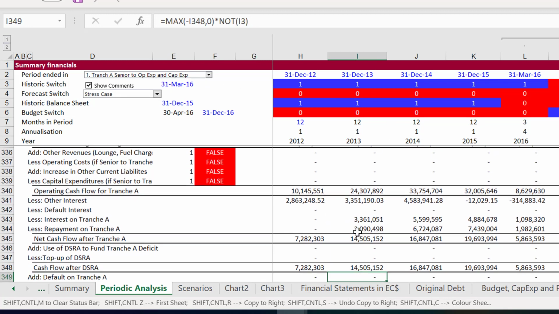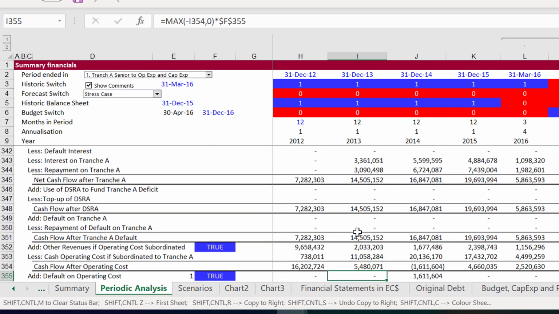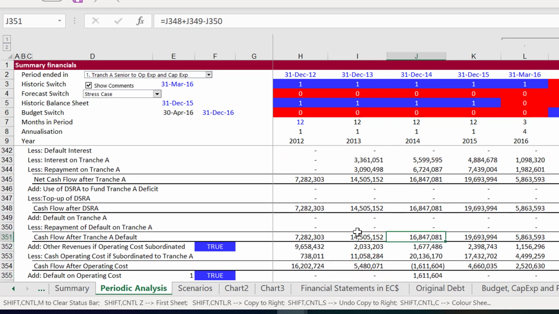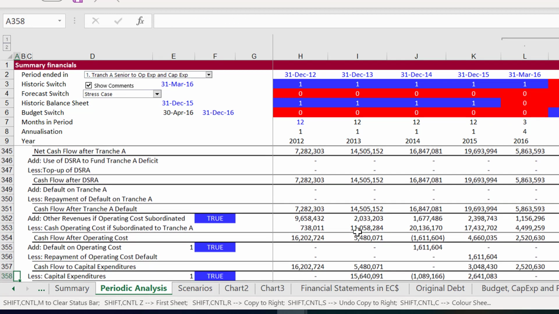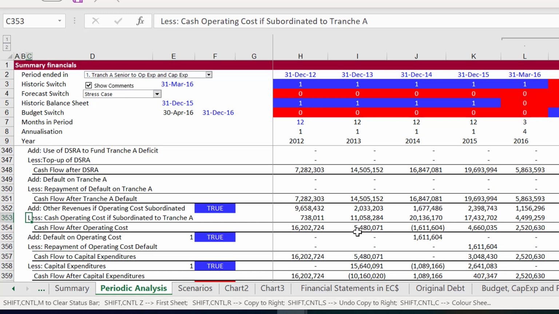So then you can see here's how much cash we have left, and this is how much cash flow we have left to pay our operating costs. If this cash flow is negative, we do the same sort of thing. We have a default. We don't have enough cash to pay our employees. And then you can repay the default. If this is a positive number, you repay it when it's a minimum.